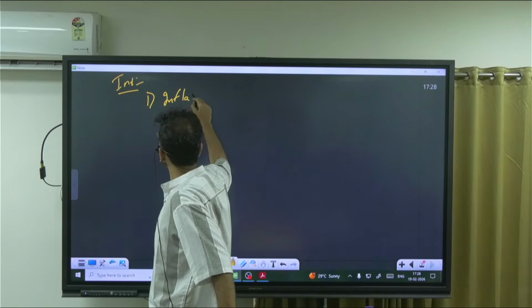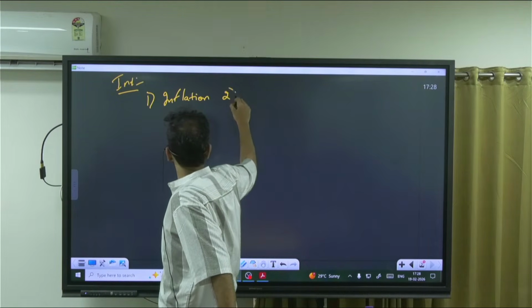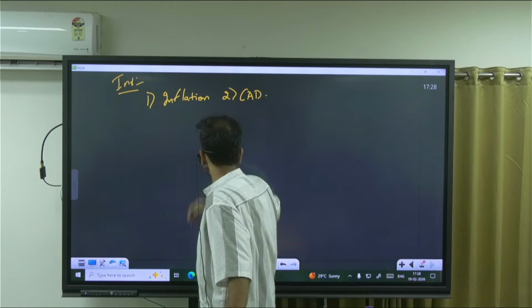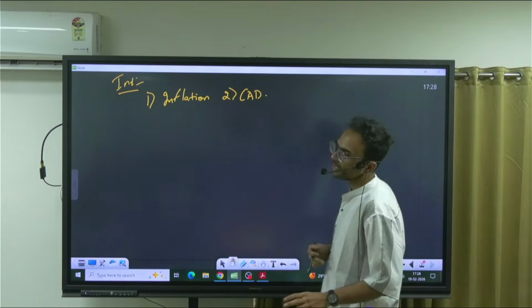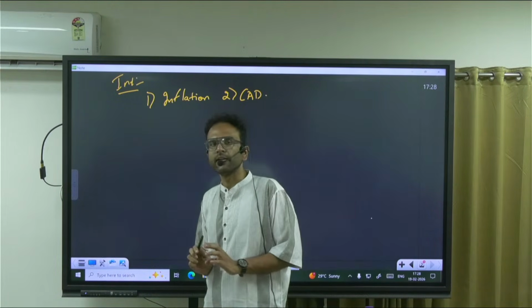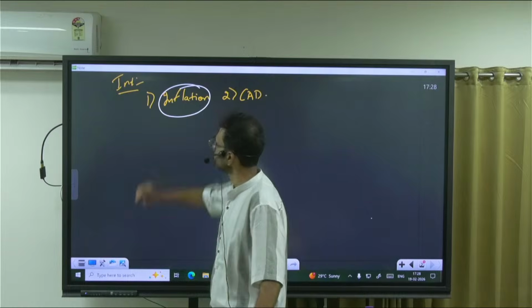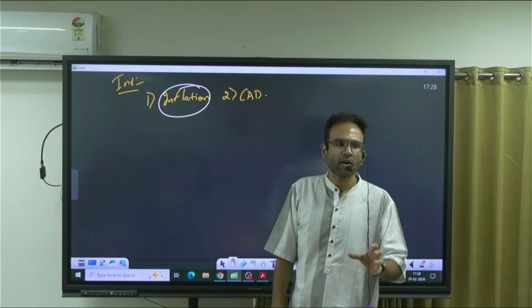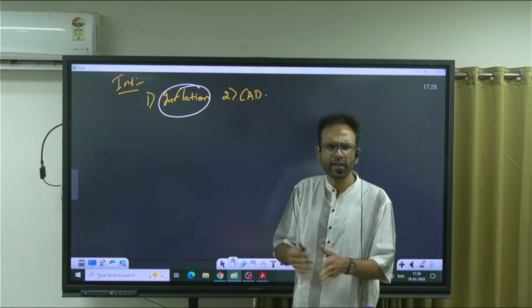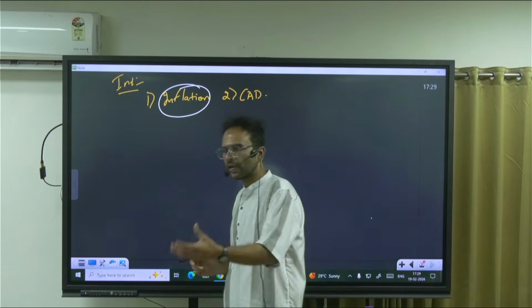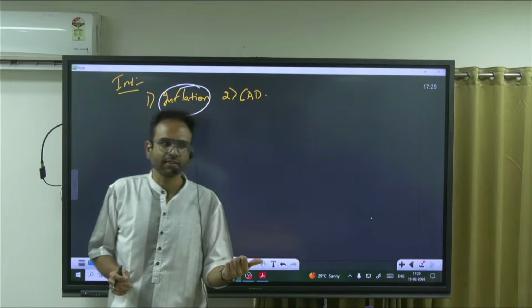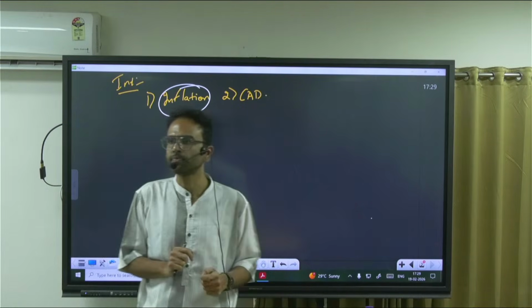What are the two metrics important? Inflation, and two, current account deficit. Let's try to understand the implication of each of these metrics. And what are these basically? Inflation. Let's try to understand the concept of inflation first. Quick revision, okay? I know you must be knowing all these parts, but if there are people who don't understand this, I'm just giving you a quick background.